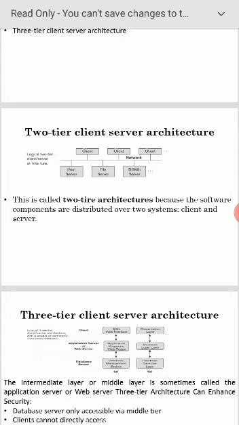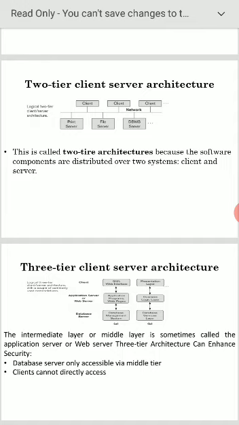This is also called two-tier architecture because the software components are distributed over two systems, client and server. That's why it is called two-tier client-server system. The emergence of the web changed the role of client and server, leading to the three-tier architecture. Here in two-tier, there is only client and server. Just data will be distributed only within the client and server. Next, we'll pass on to